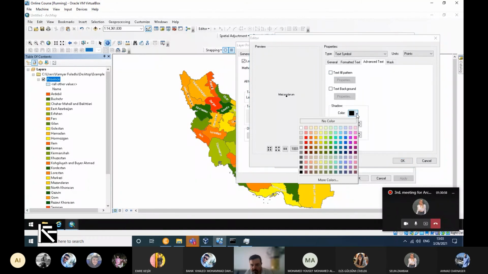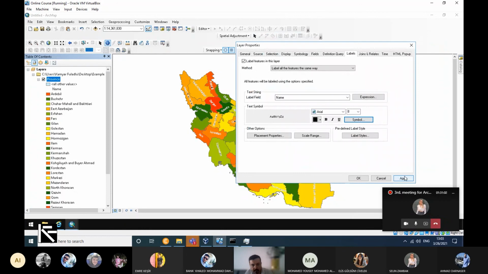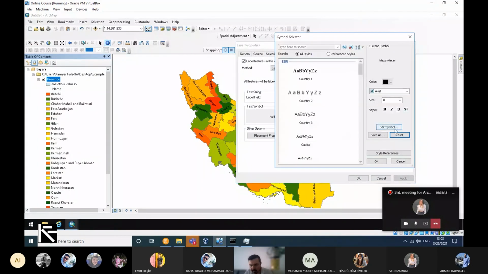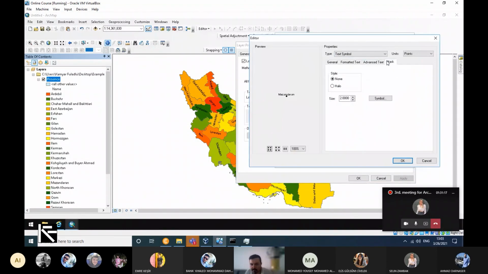Maybe you need to just add some shadow. Yeah, this one is better right now if I add some shadow. So there are some other preferences. I don't want to go into the depth because you are able to just play with them. You can add some mask. You see there is some halo on it,